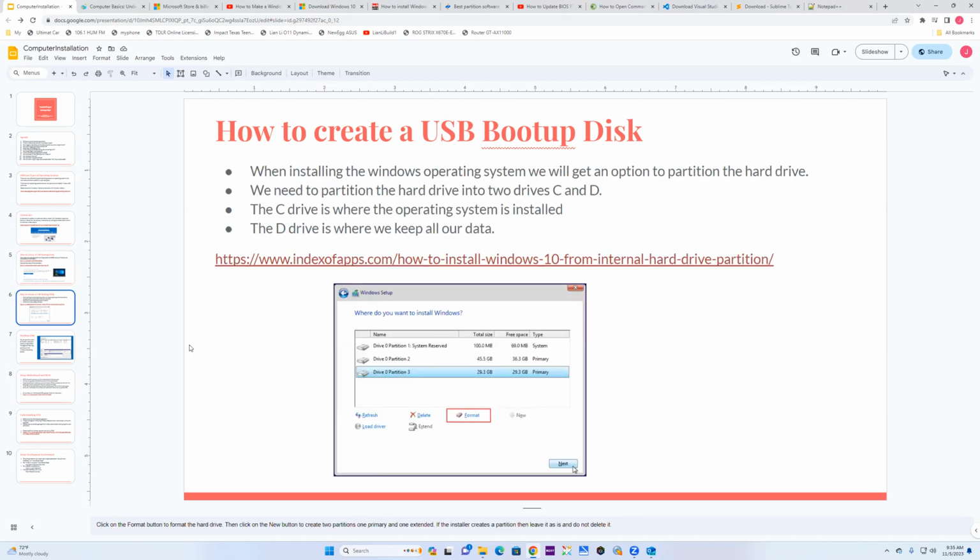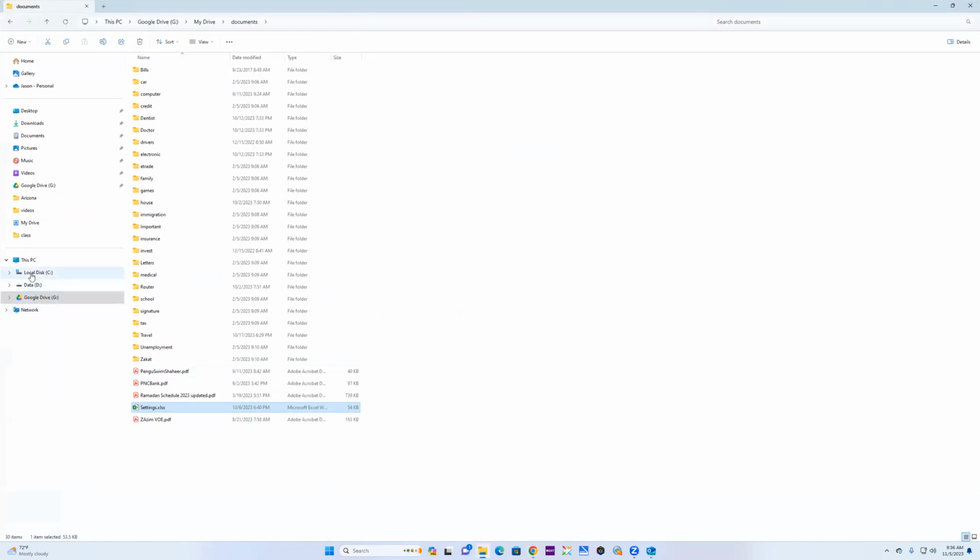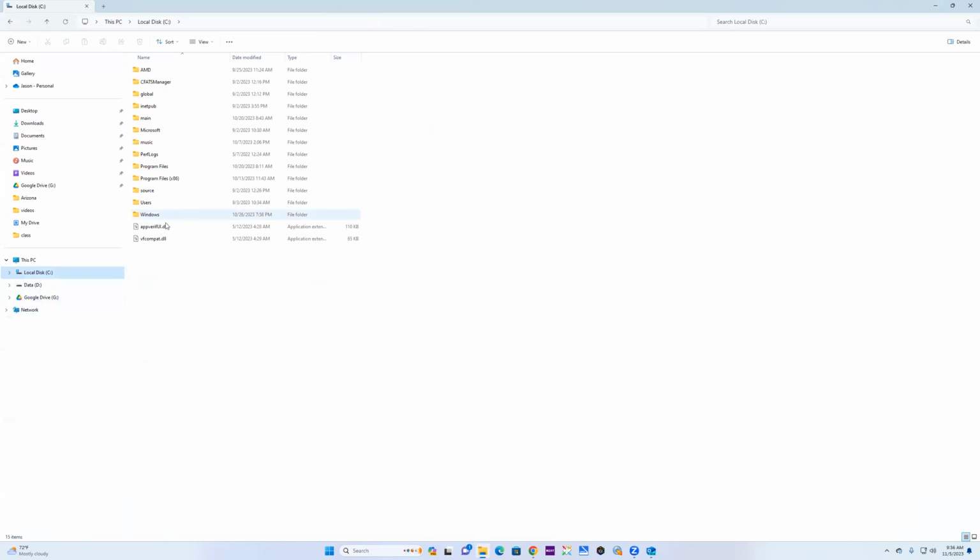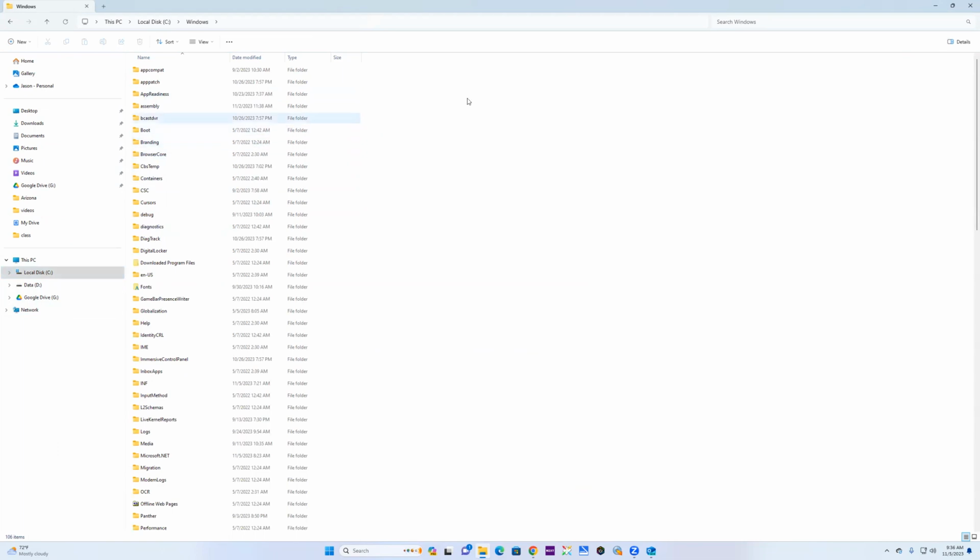computer, and then you start the computer, and it will automatically install everything for you. When you are installing the Windows operating system, one of the first things that will happen is it will ask you how many hard drives you want to make on the Windows operating system. Typically we make a C drive and a D drive. As you can see, I have a C drive, and on the C drive, I have the Windows operating system, and then